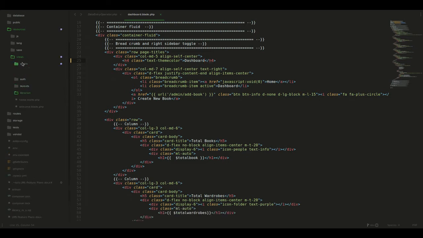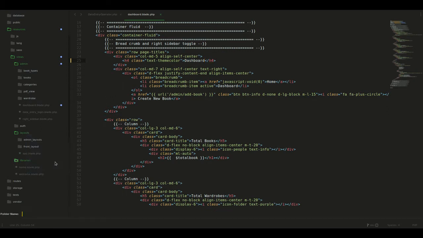See, the same structure will be there. But in the layout section, the admin layout is there, and we need another layout. So that layout is librarian.